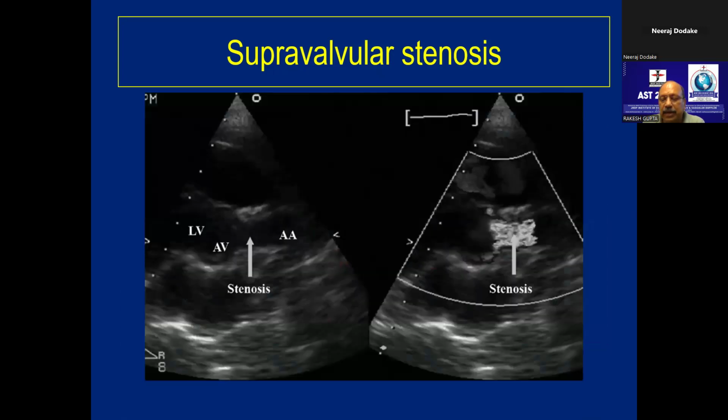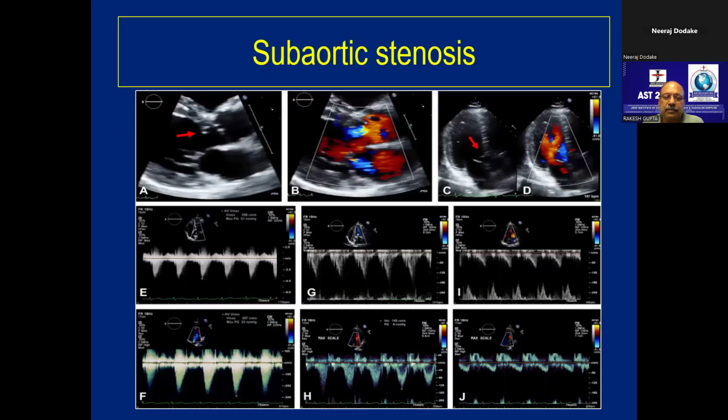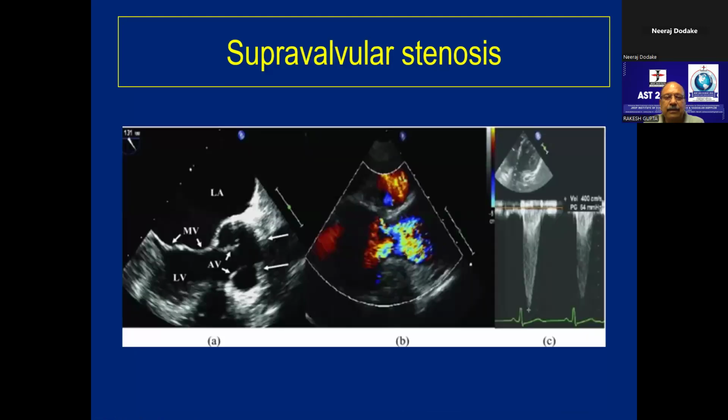Sir, one question. Go ahead. Subvalvular versus supravalvular depends upon the direction of flow of blood. If it is going toward, then that is supra, and below that, blood. Is it like that, sir? How to decide? My neck is the aortic valve; below the aortic valve neck is subvalvular. Above the neck is supravalvular. So below the aortic valve is the LVOT area. So here is the LVOT area, the membrane, subaortic stenosis. If the lesion is distal to the aortic valve in the aorta, that is supravalvular aortic stenosis. Clear? Yes. Thank you.